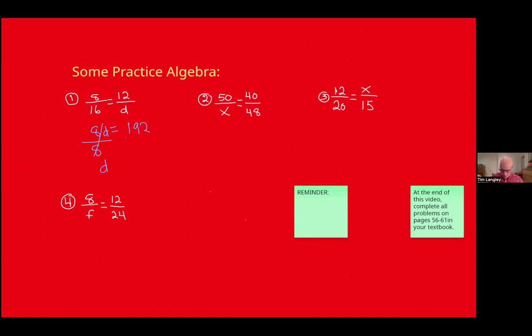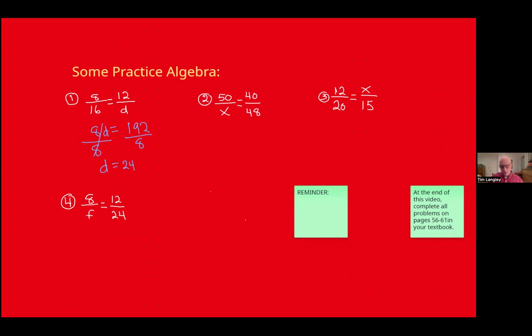So 192 divided by 8 should give me 24. So D equals 24. Let's do it again. Let's look at the next problem to the right, number 2 here. I've got 50 over x equals 40 over 48. Okay, let's cross multiply. 40 times x is 40x